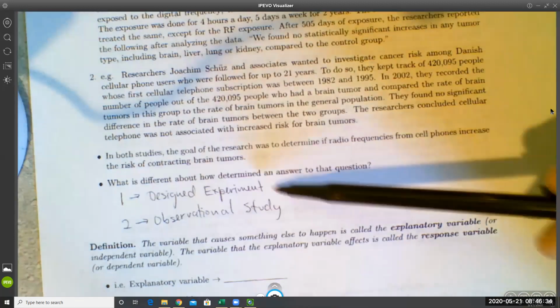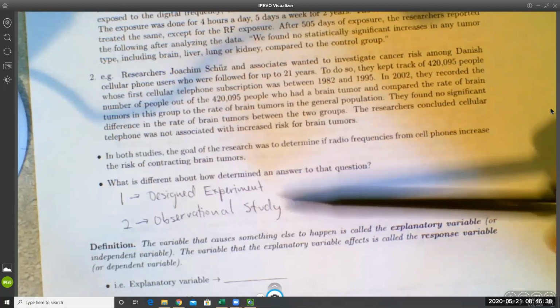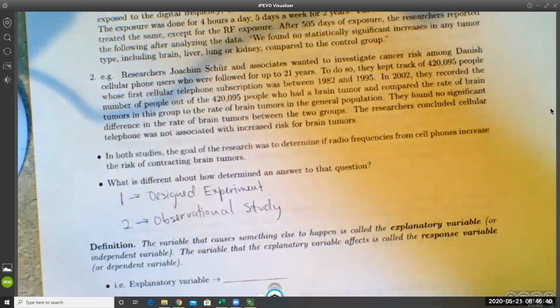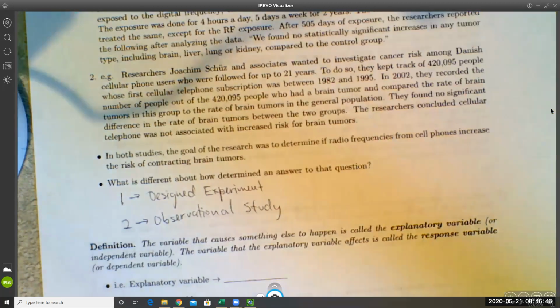So in order to define exactly what we mean by designed experiment versus observational study, we need to define explanatory and response variables, or you may have heard them referred to as independent and dependent variables in the past. So I have some kind of crazy bird outside my window making crazy noises. Anyway,